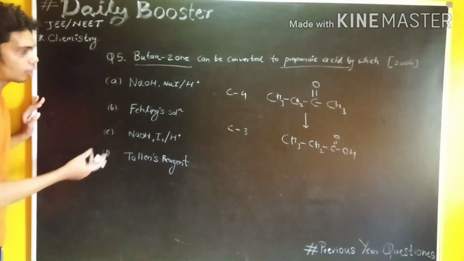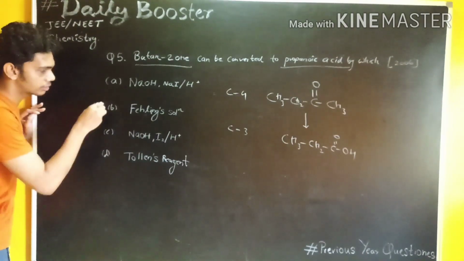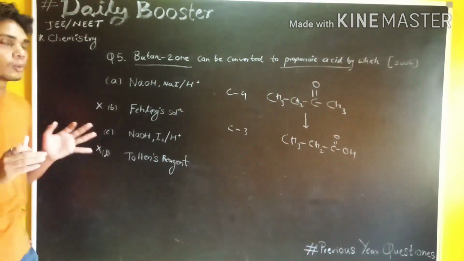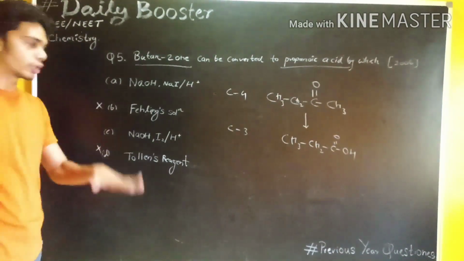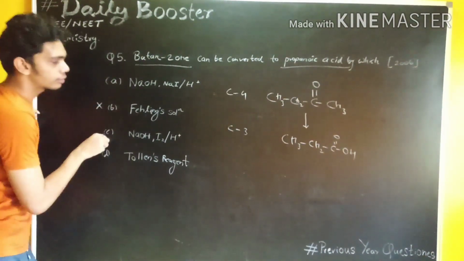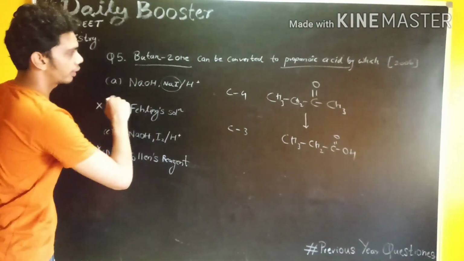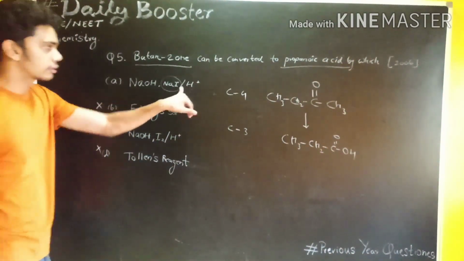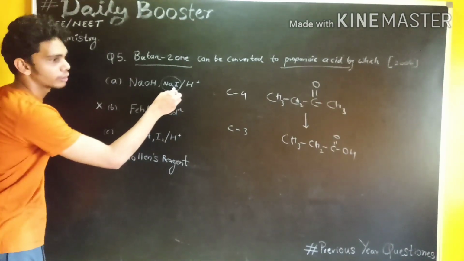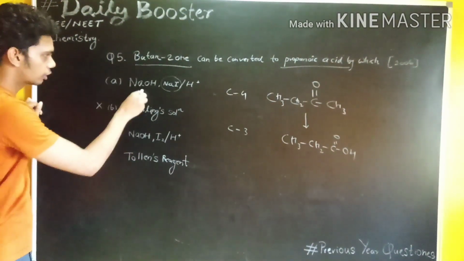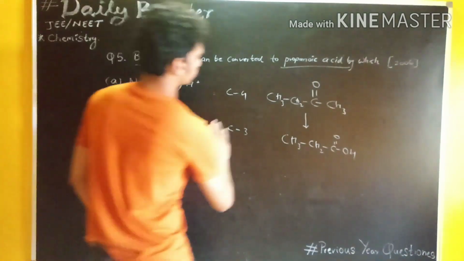So if we go by the options, this is a ketone. When I look at Fehling solution and Tollens reagent, those cancel out because only an aldehyde can be converted to what? Acid. So Fehling solution and Tollens reagent are not the options. Remaining are A and C. In the case of NaOH, sodium iodide and H plus, sodium iodide is there, but what is the problem? It is a salt over there, so it does not lead to the formation of anything. So this option is also cut. So the remaining one is C, and let's see how the reaction happens here.